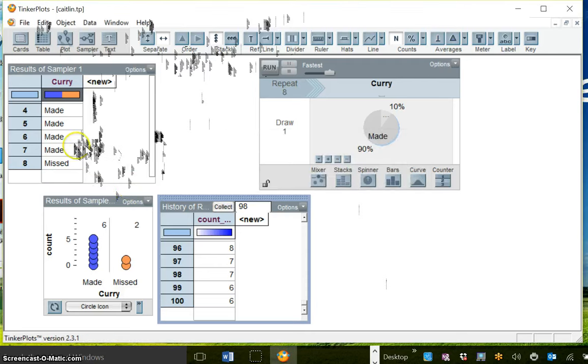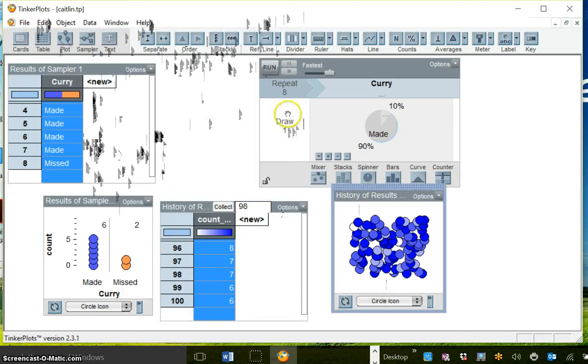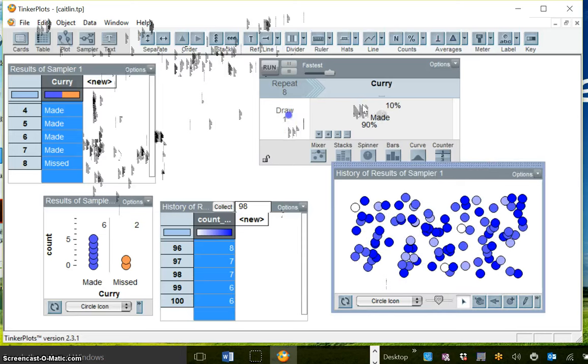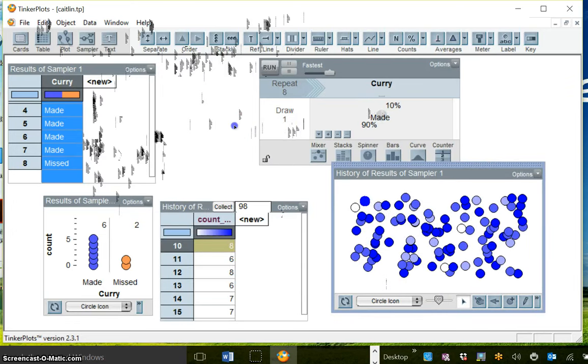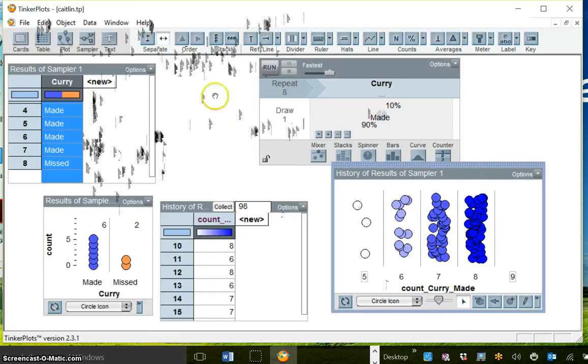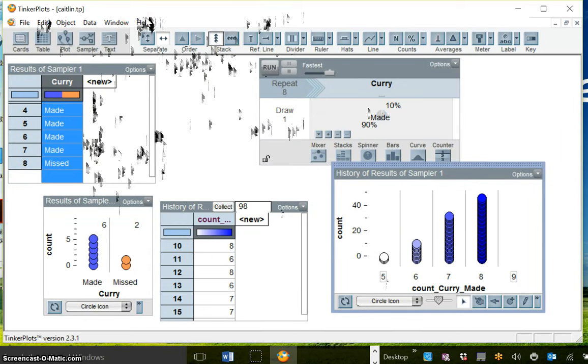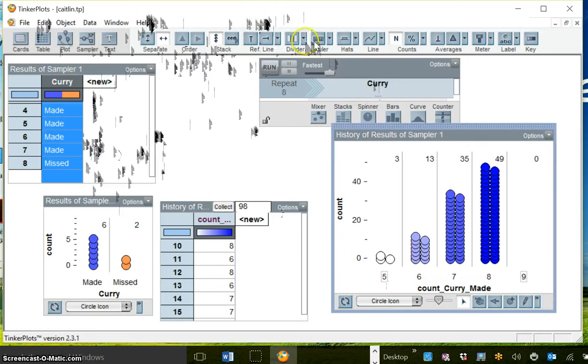Okay, so now it's finished, it's done its 100 trials, so now I want to look at those results. I'm going to click on that column in the history of results table and pull down a plot. Click on a dot, drag it to the right to separate. I'm going to stack them up. And then I'm going to look at how many of each result I have